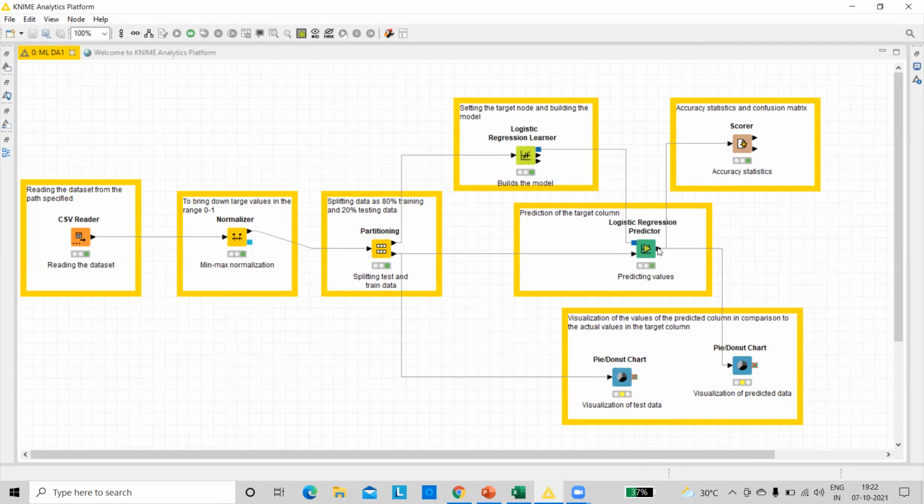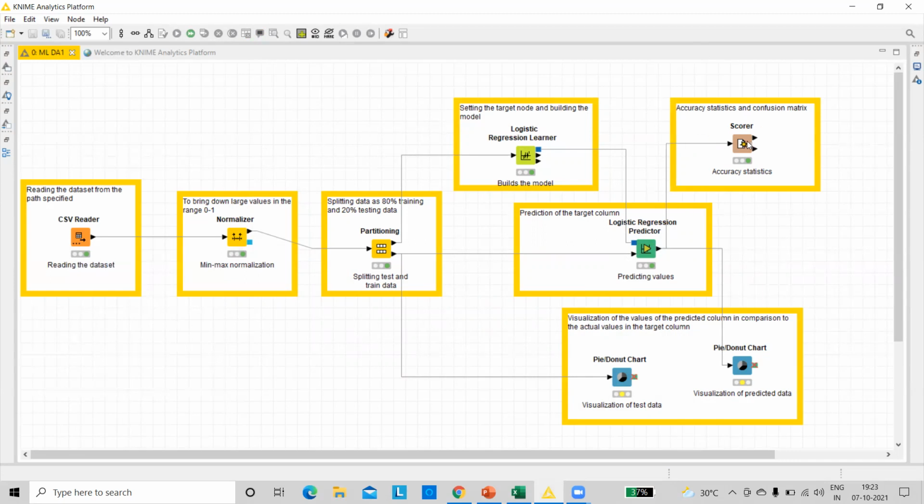And after this, I'll be sending the predicted data. As you can see here, the predicted data consists of 80 rows and 5 columns. Initially over here, we had 80 rows and 4 columns, which was our testing data. However, after we have predicted, we can see that an extra column has been added. It is nothing but our predicted data: the predicted column, whether the customer has purchased a particular product depending upon age, salary, and so on, is over there. So that is the extra column that has been added after this prediction has been done.